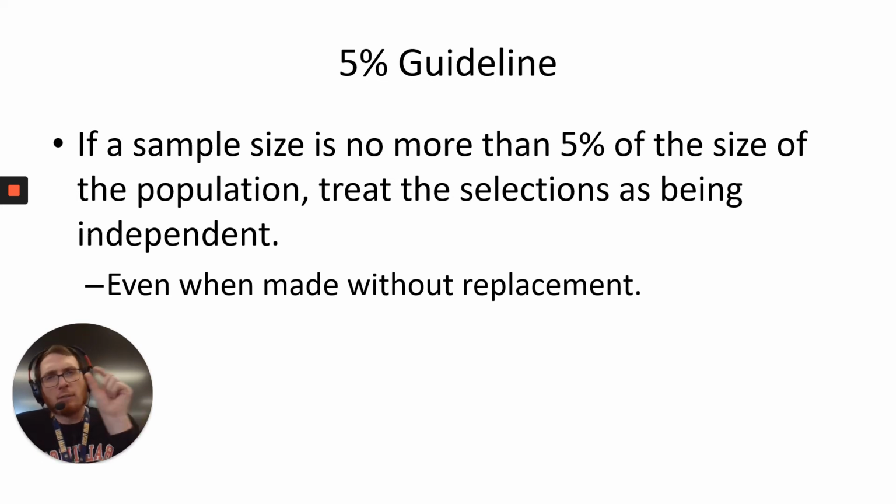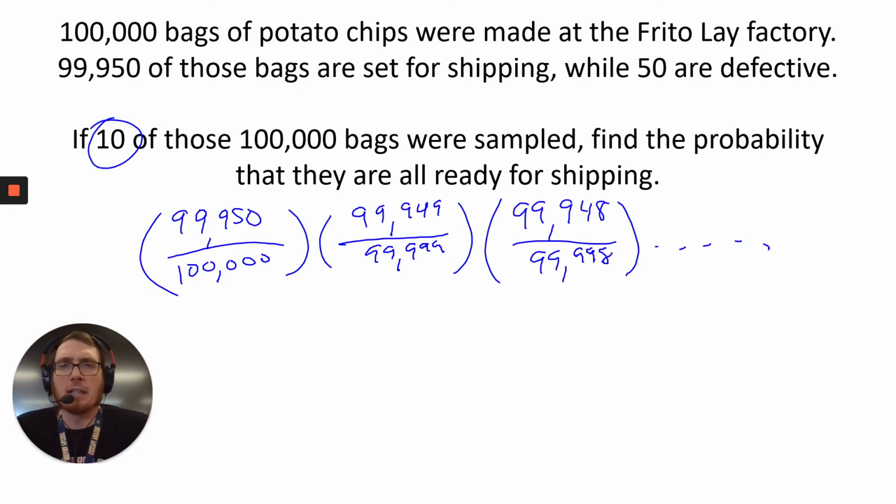So if you notice you have a really small sample size and a large pool to choose from, you can probably assume you can just treat it as a with replacement question instead of a without replacement question. So to look at this example, let's look at potato chip bags from the Frito-Lay factory. There's 100,000 bags. They're producing a bunch of bags, and they know that 50 of them are defective, so